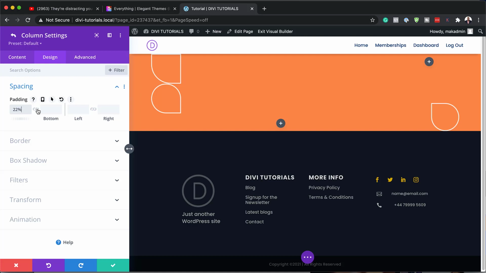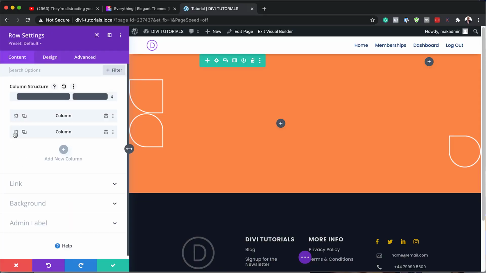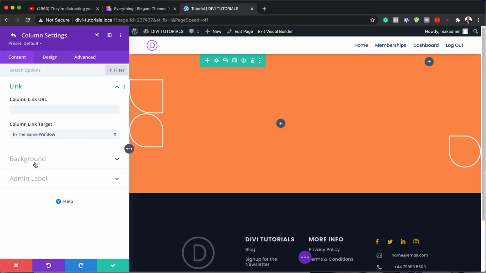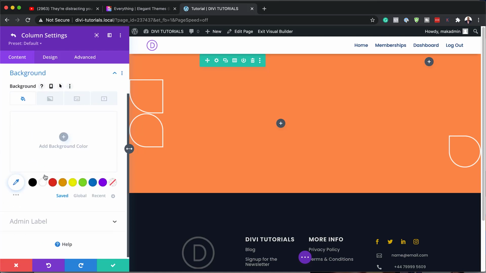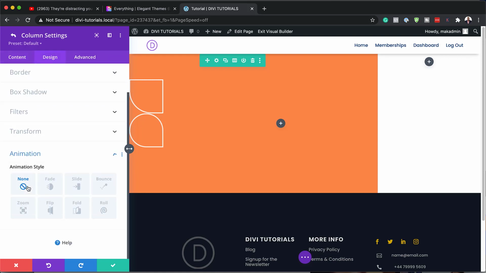Now I want this to be applied both to the top and the bottom. And I also need to go back over here and go into column 2. And let's go to our background because this time I'm going to add white to my background color. And then next I'm going to come over here to design, click on animation, and I am going to add